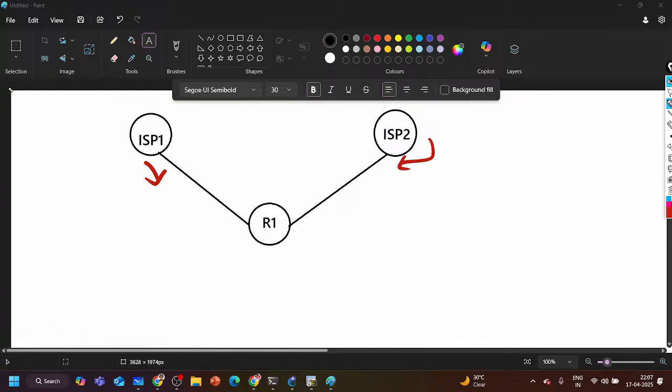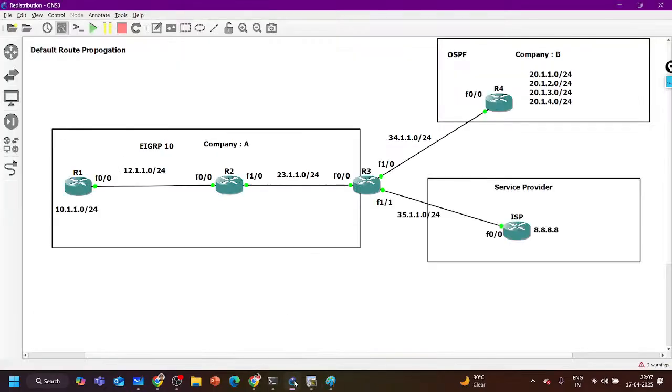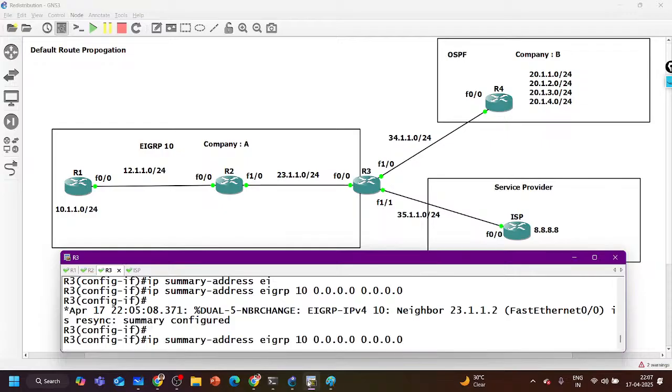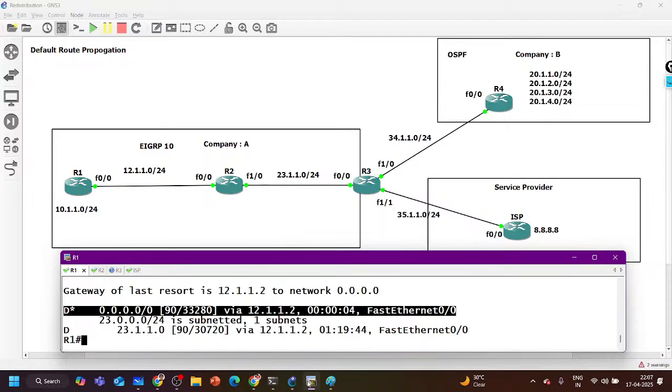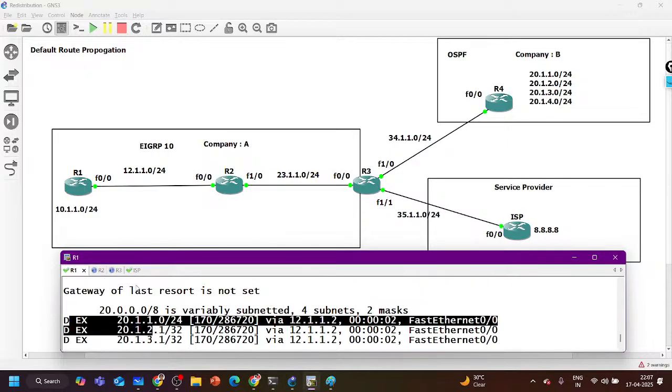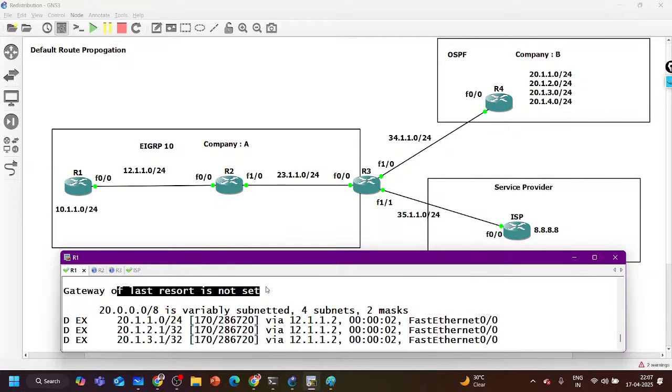For the path manipulation, again we have multiple options while default route propagation, while advertising default route into the EIGRP, right? We can also configure candidate of default route. Instead of advertising like this, say no to this, and once I say no to this, go to router 1 and check routing table again. Now you can see again all the 20 subnets are coming, but the default route is not coming.